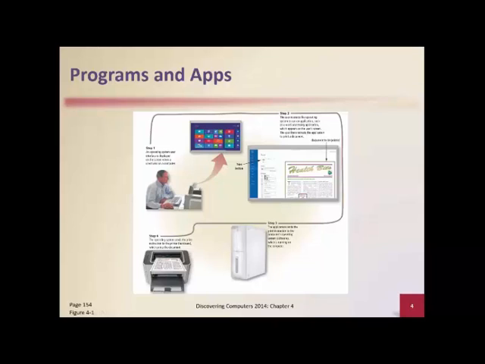And so this guy is now able to see his document and he wants to print it. So he hits the print button. Once again he's given the operating system a command. He's telling the operating system, I want you to print off a copy of this document called Health Bits. The application sends the print instructions to the computer's operating system software, which is running on the computer, and the operating system sends the print instruction to the printer hardware,